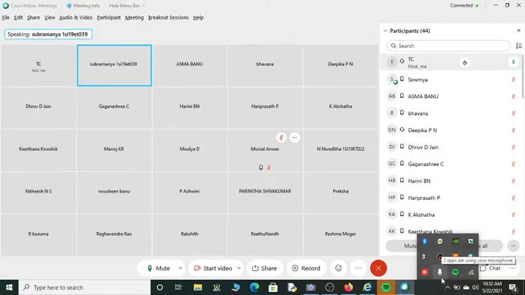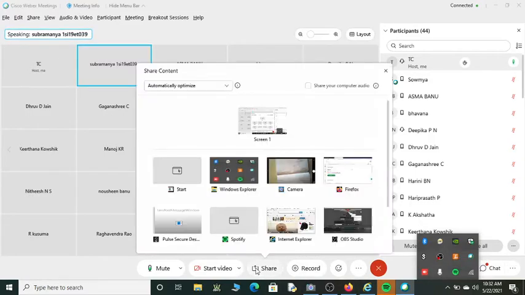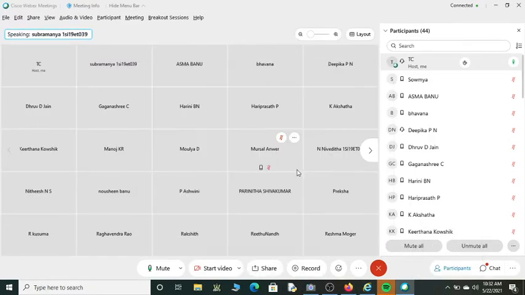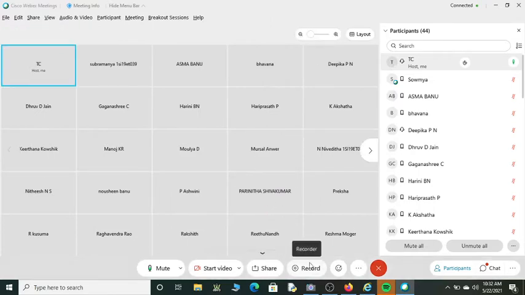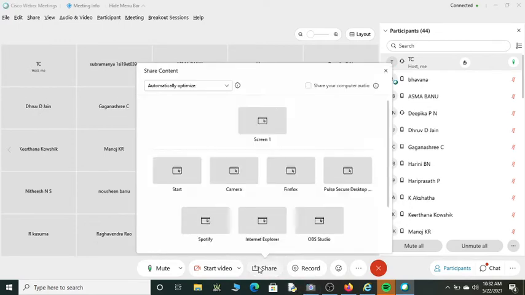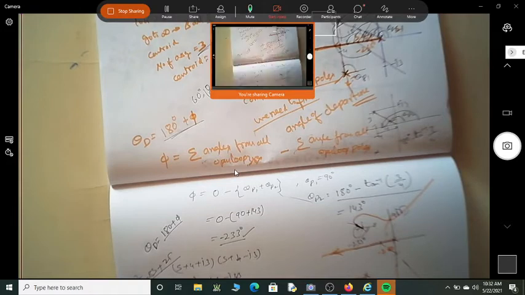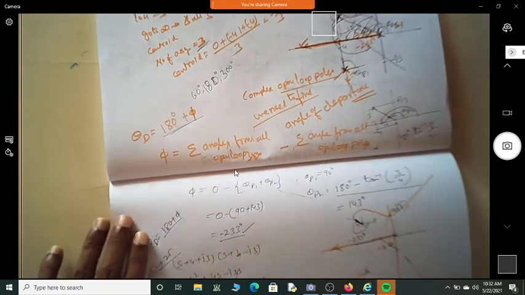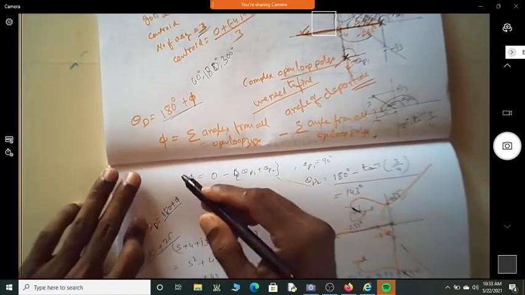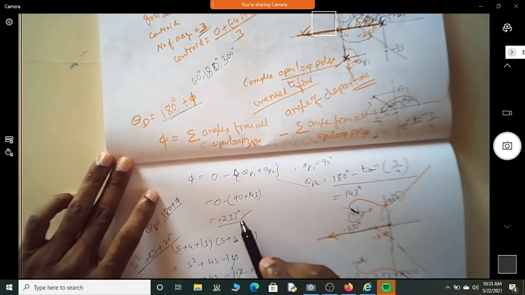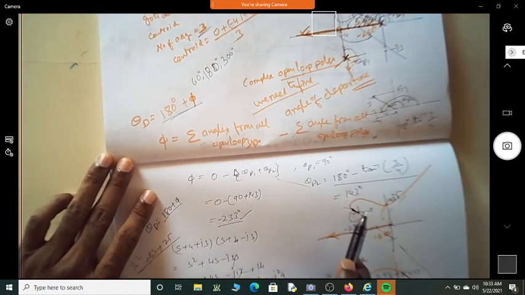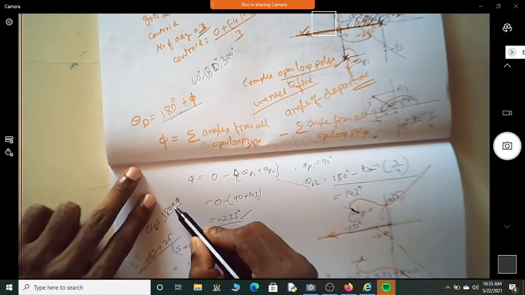Yeah, so this we missed out. Let's see why it's happening. One small mistake that we have done is we didn't add this 180 degrees. So it's actually theta d is equal to 180 plus 5. We just found 5 and we immediately went here. Actually it should be 180 plus 5.